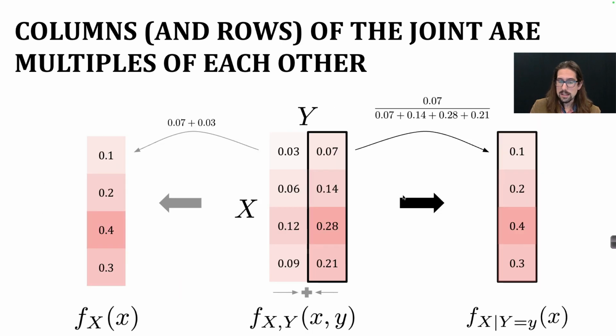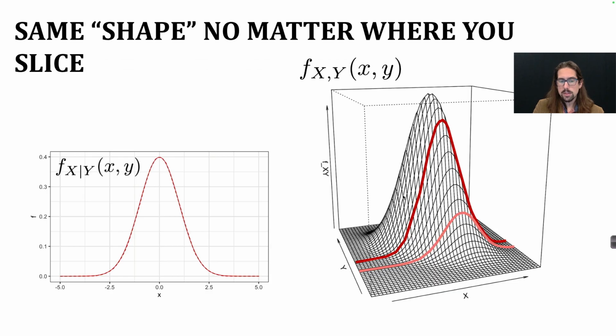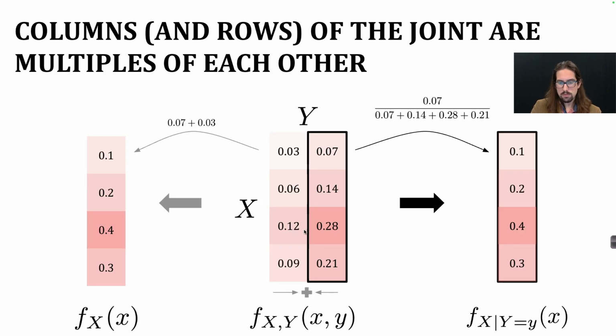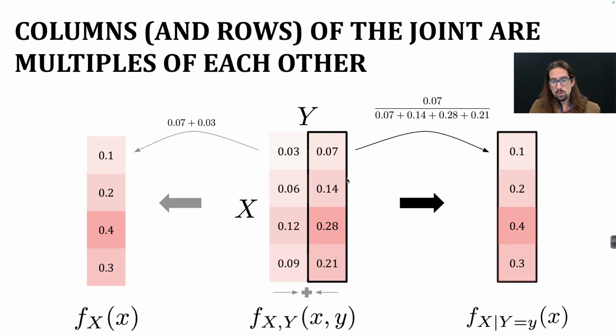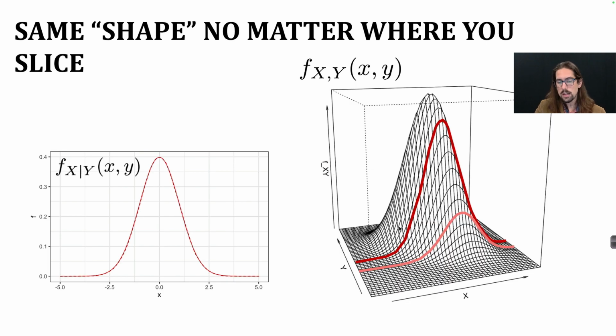Another way to see that, so this is in a discrete case. In the continuous case, here we have the heat map of the joint density, and we can look at this as a 3D plot like this. Here we have X and Y, and the height indicates how many people, how crowded it is at that point in XY space. What we're saying here is that these two columns are scalar multiples of each other, so they have the same pattern of light to dark. And the equivalent here, if you think of the low values as light and the high values as dark, we're saying that